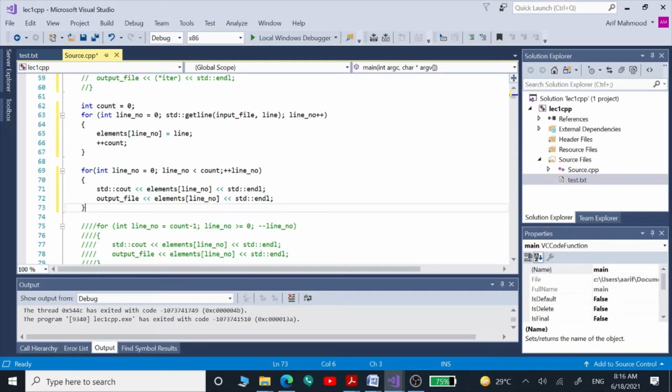This array is going to store whatever we get inside this line variable one by one, and then we are going to use this second for loop to display whatever is in our array one by one onto the console window. So let's build and run this program.